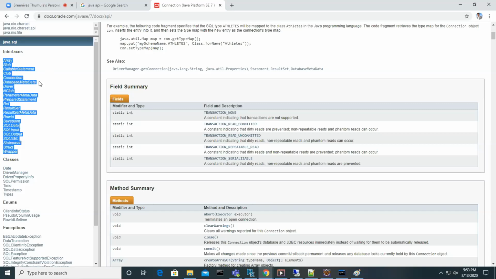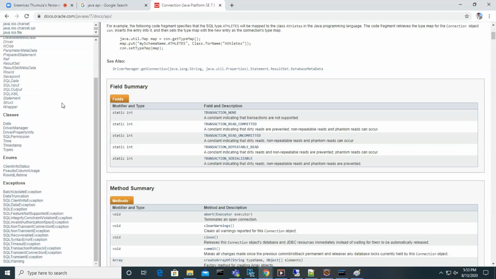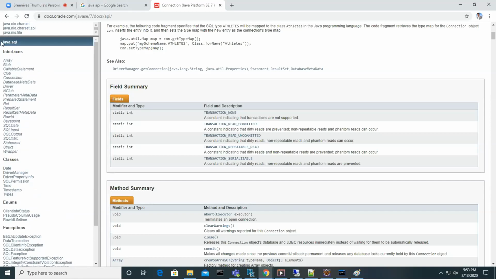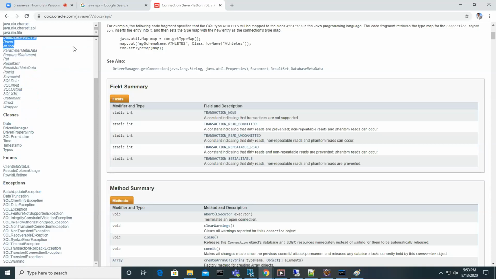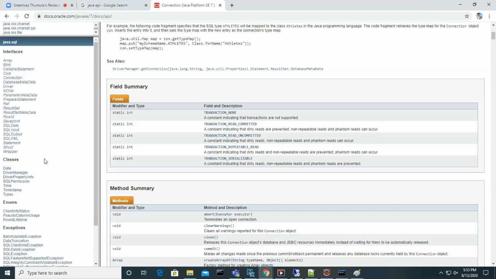Yes, sir. So Connection is one of the interfaces. Array is one of the interfaces. ResultSet is another interface, and you can see that Statement is one of the interfaces. Like we have the idea. So this java.sql is part of the Java SE API. We can say this is an individual API, the JDBC API, which has some ideas. But whoever wants to implement this API, these interfaces, for example, this API is meant to connect with the database.